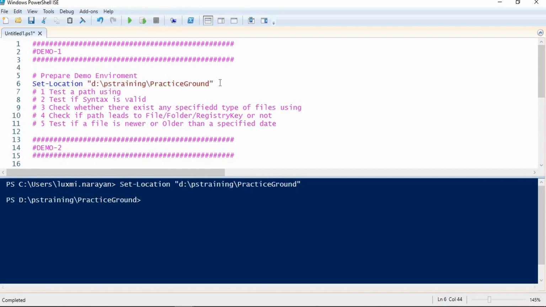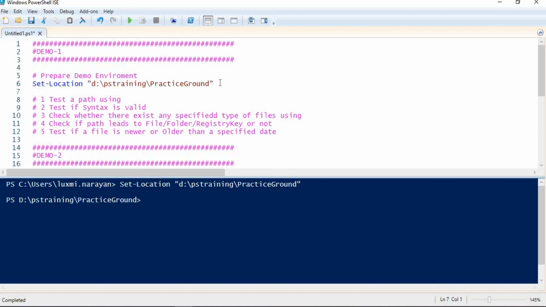Now we need to create 5 text files so that we can make some testings over those files and practice with them. To make 5 files we are using range operators, and in case you are not aware of these operators, please refer to old videos on this channel. And one more thing, I would be using only those features which I have discussed in my previous videos. I will not be covering any feature, or at least I would try not to use any feature that I have not discussed in my previous videos.